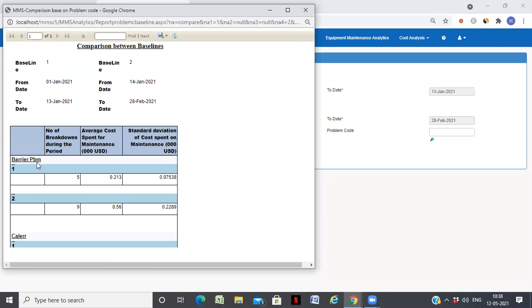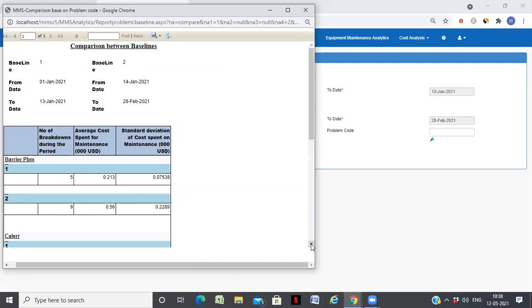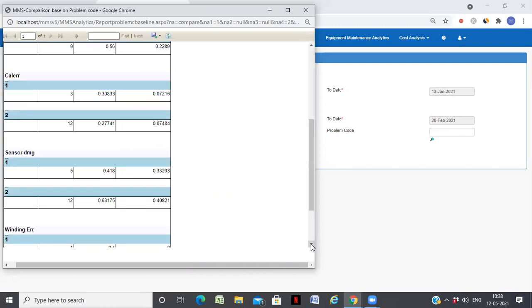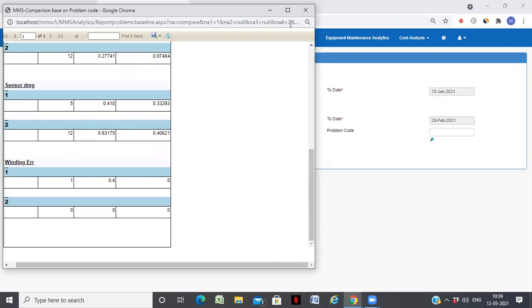So you can see barrier problem, it has increased, the cost has also increased and things like that. So similarly, you can have it for all the others: calibration error, sensor damage, winding error, and so on.